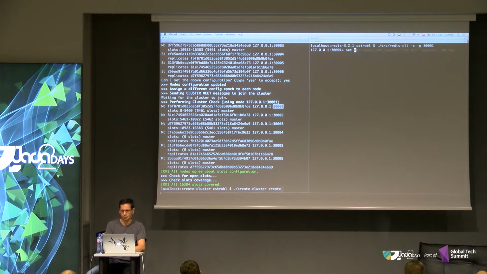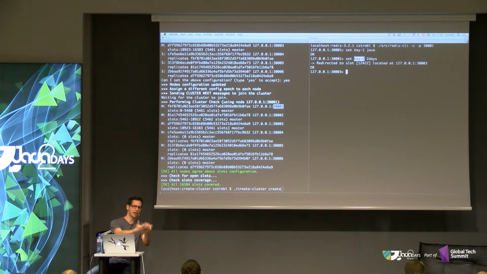Nice, there we are. Then we can again call set key 1, Java, and then set key 2. This would be Java2Days. There you go. Oops, redirected. So what you saw here is basically the slot assignment, because I was talking to the first node, which obviously served key 1, but the slot for key 2 wasn't served by the first node. I got a redirection from Redis, because I was talking to node 1 and it told me, oh no, I don't serve that slot range, so please go ask node 3 in this case